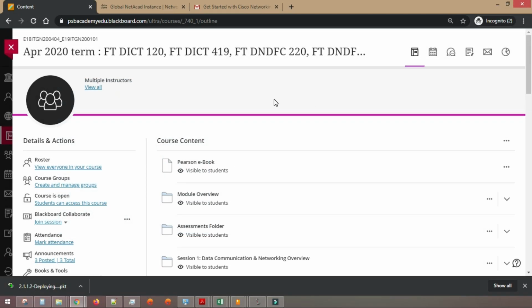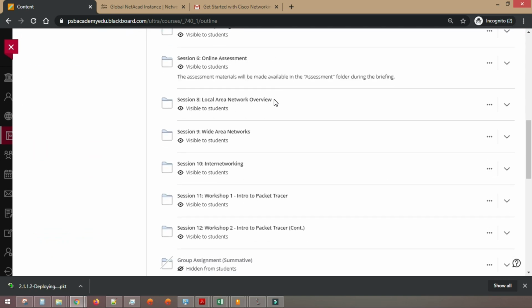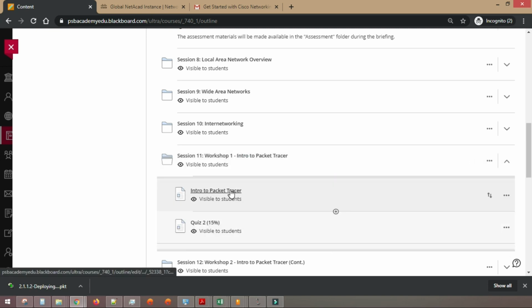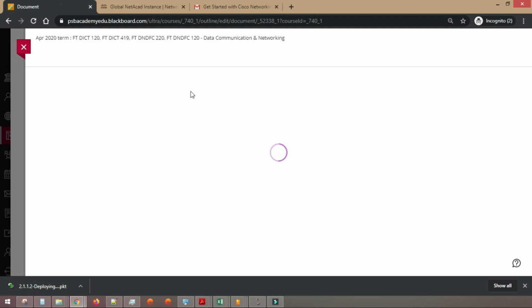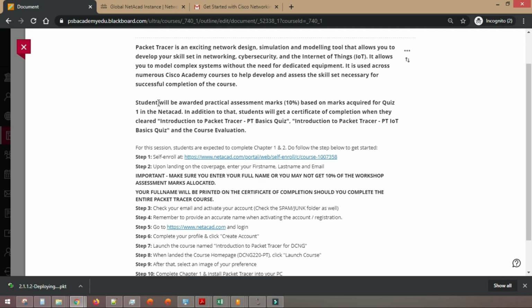So once you have landed on this Blackboard, what you need to do is just scroll down to session 11, workshop 1, Introduction to Packet Tracer. Once you open up this folder, you're going to see this document, Introduction to Packet Tracer. If you open up this document, you're going to see a list of instructions. Here is some brief introduction about Packet Tracer, and here I also indicated that you will be awarded 10 marks